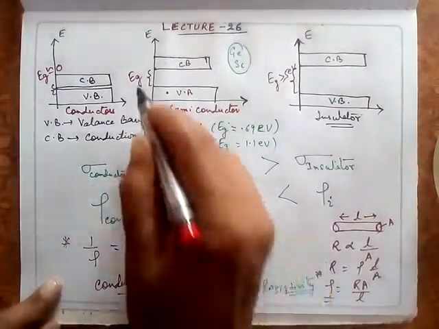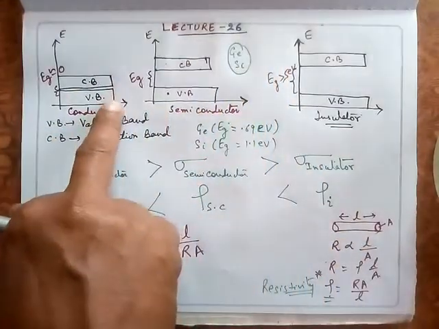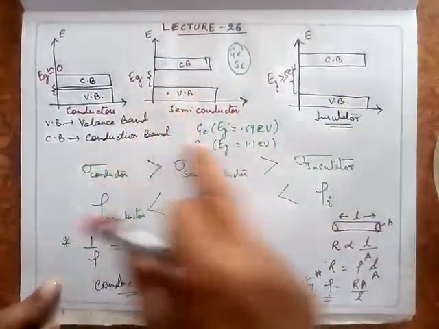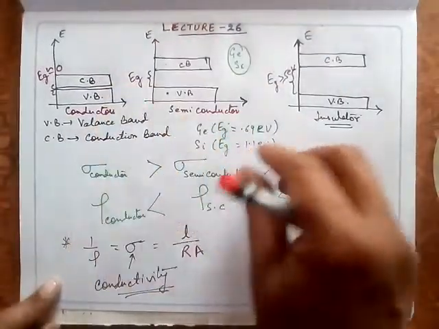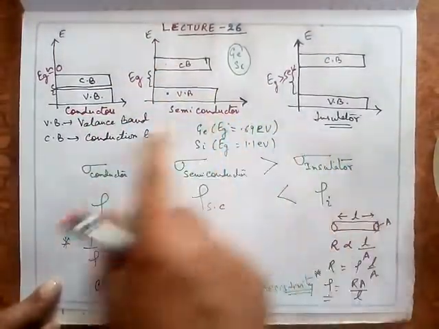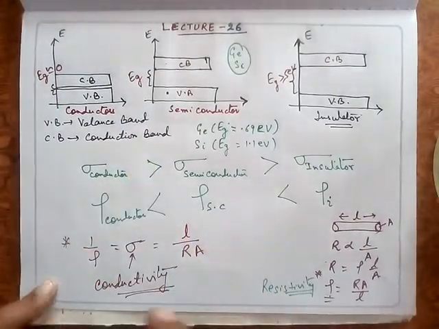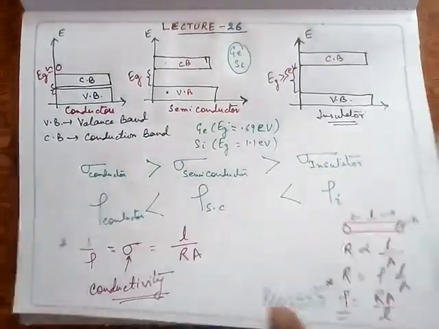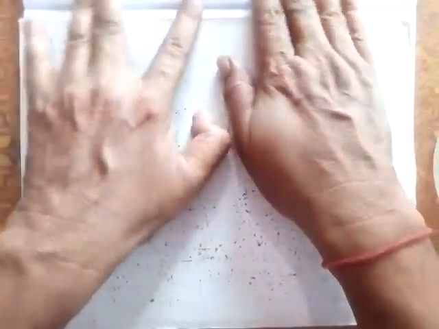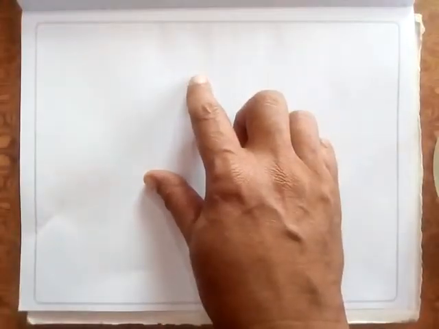So this is about the differentiation between conductor, semiconductor and insulator on the basis of the energy diagram, or the energy band gap, or on the basis of conductivity and resistivity. So let's move to a few more definitions in the case of conductors, semiconductors and insulators. Another definition that I will discuss today is